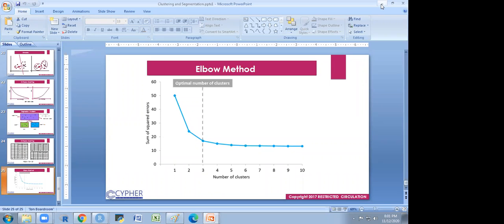But these are gross graphical measures of understanding. If you want accurate figures, like if I am choosing two clusters, then what is the accuracy, and if I choose a third cluster, what is the accuracy?